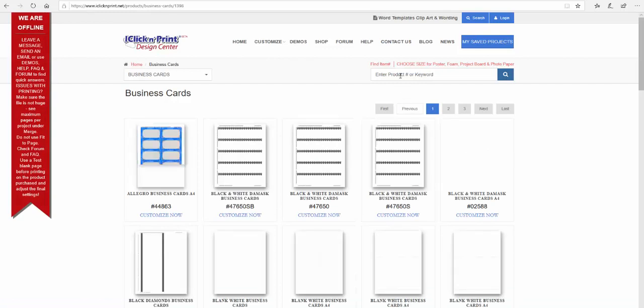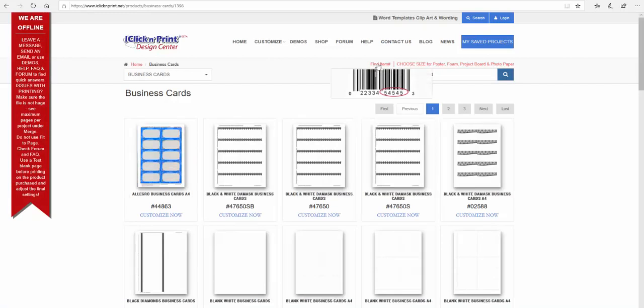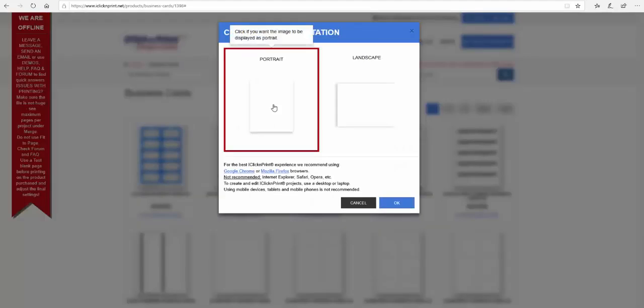Here, if you have an item number, you can enter it right here. You can find the item number on the back of your package and enter your product name. But then make sure you pick up the correct item number because products may vary from item to item. So right now I'm gonna pick up a blank white business card, and